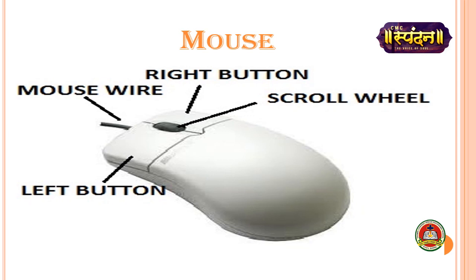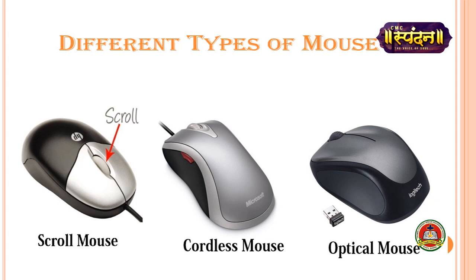You all are seeing that mouse wire is there, and that wire we are connecting with the CPU because all the processes are done by the CPU. Whenever you click the button, that instruction will go to the CPU, and the CPU will do all the processes of the computer. The things which we can do with the help of a mouse is like we can play games and we are able to draw drawings.